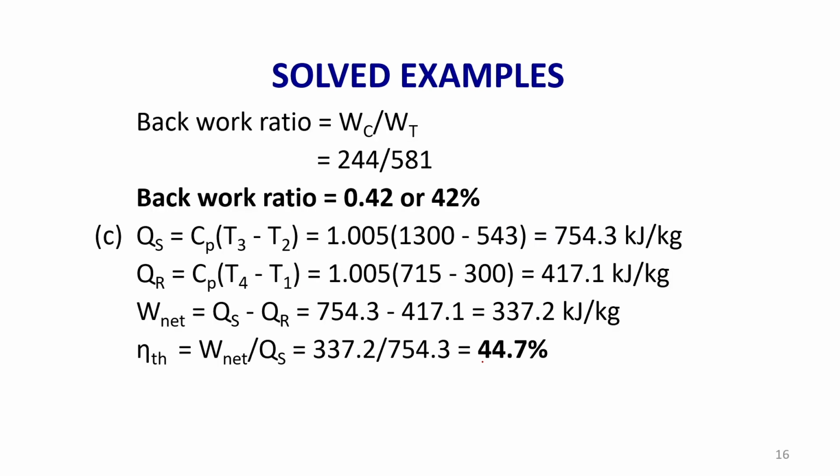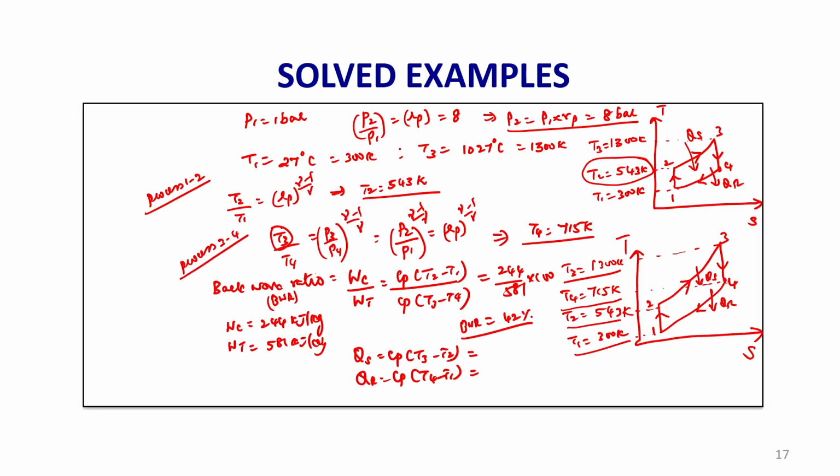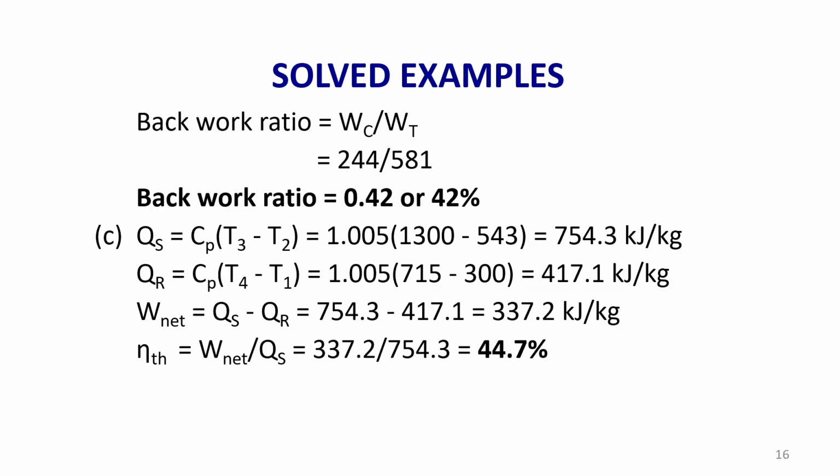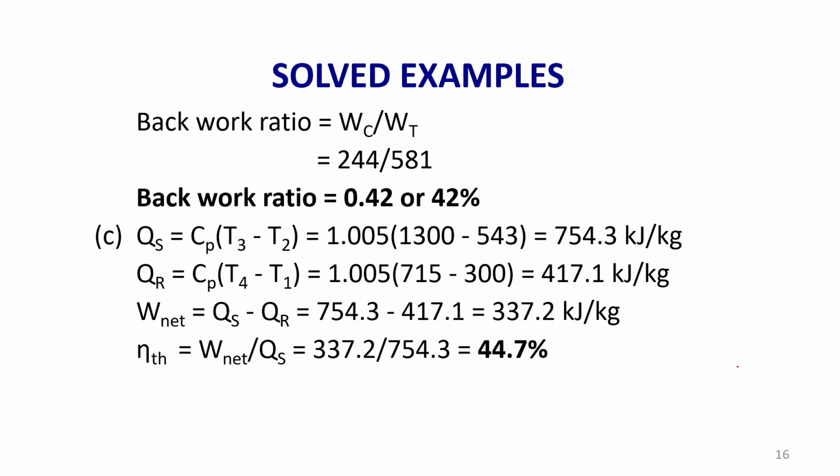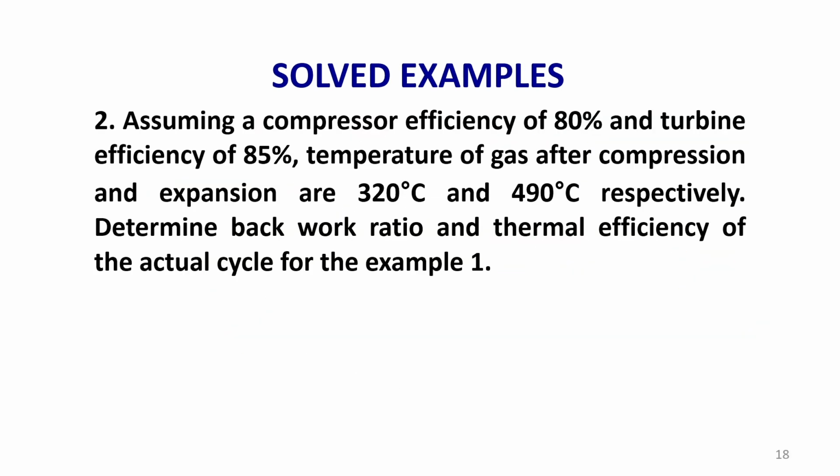So what is the QS? QS is 754 kilojoule per kg and QR is 417 kilojoule per kg. All the values you know, once we know the 4 temperatures, we can find the QS, QR, W net, air standard efficiency. Efficiency is equal to W net by QS. W net is QS minus QR, divided by QS. Substitute the value, you will get the efficiency around 45%,